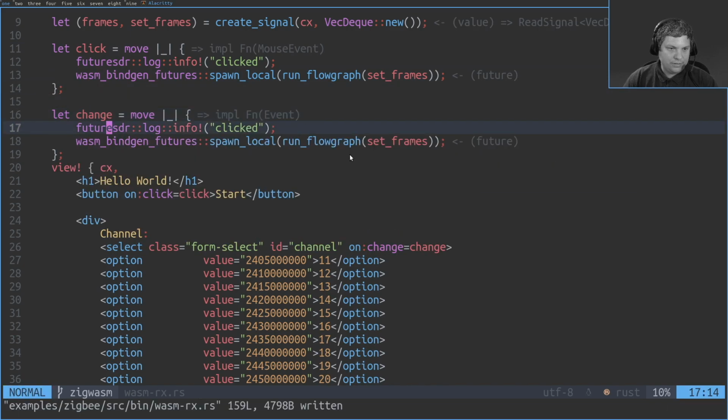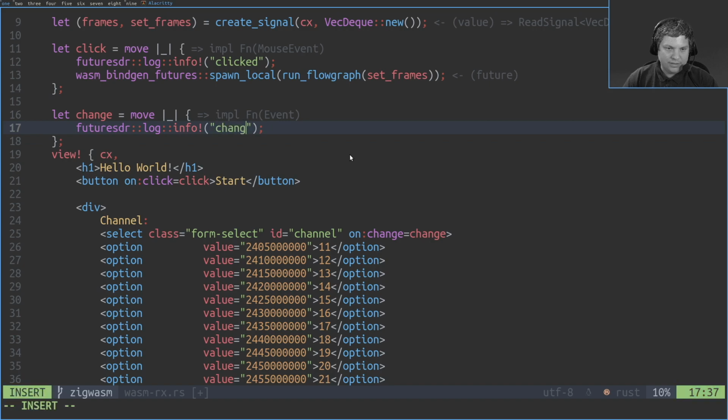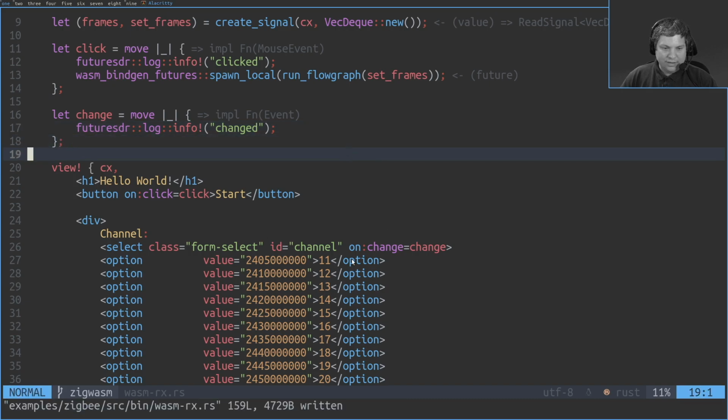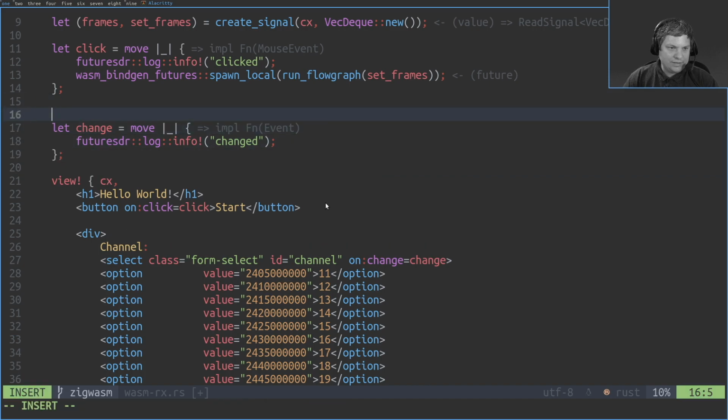Change. And we say changed. Then we should get a callback when this input changes. And then what we need is a way to get the new value from this thing, and